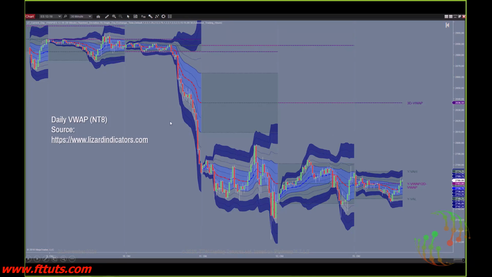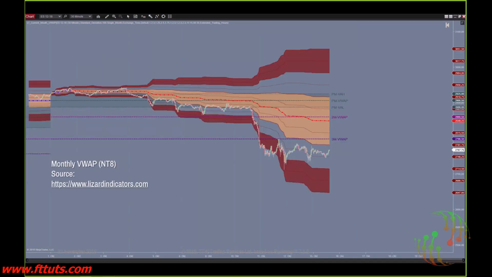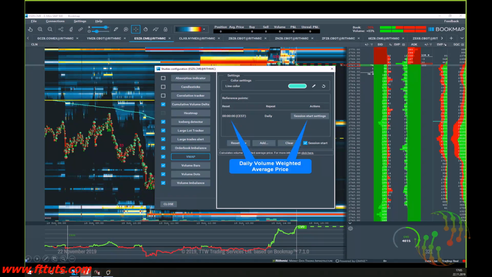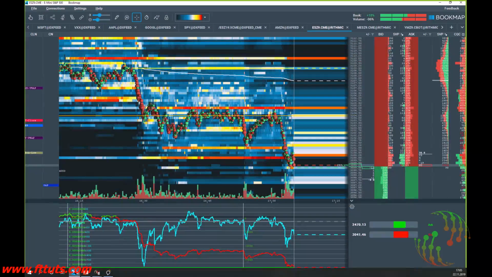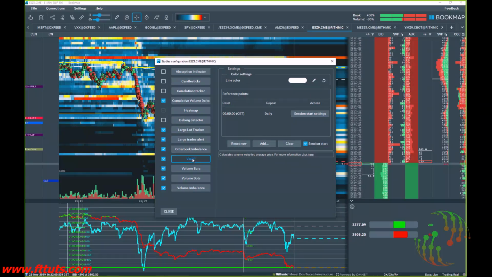That's the daily VWAP. I'm using the indicators from lizardindicator.com for NinjaTrader. I'm sure every single charting system has its own VWAP. Then we have the weekly VWAP, the monthly and time-weighted average price. When you go into your Bookmap copy, then you will find the VWAP settings